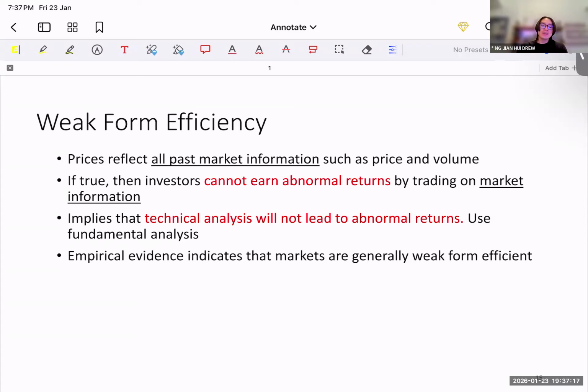So based on the empirical evidence, we know that the market is kind of a weak form where they do not incorporate all the information. Maybe they incorporate some past market information. And so if we do some kind of fundamental analysis for the company, which is what we are trying to do in this module, you can actually earn some returns that are extraordinary or abnormal returns. Right? Any questions for these three forms of efficiency?